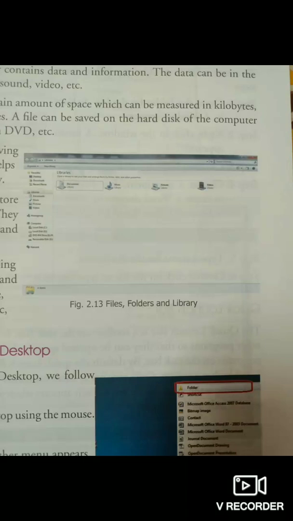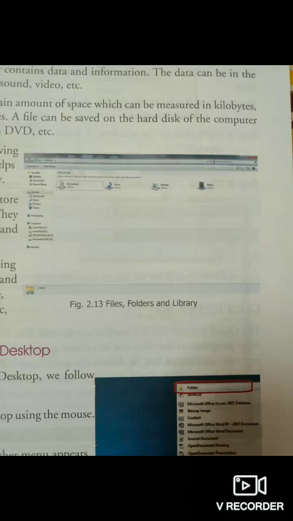And next, this file is saved by giving its own name. Every file has its separate name. The name helps us to identify that file particularly. Folders are also similar to files. These are used to store files and other folders. So when we want to save more than one file, we have to store them inside a folder. They help in organizing the files and folders in a certain place.